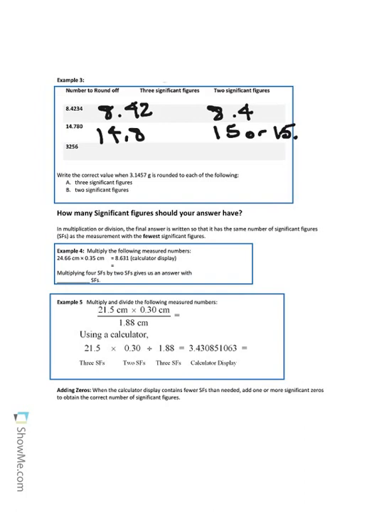Okay, 3,256. Let us round this to three significant figures. Is the 6 greater than 5? Yes. So we round up to 3, 2, 6. Now, there is an imaginary decimal point in this number. It comes after the 6. So what do we do to the 6? Well, we must put a placeholder 0 in, right? Because if you have